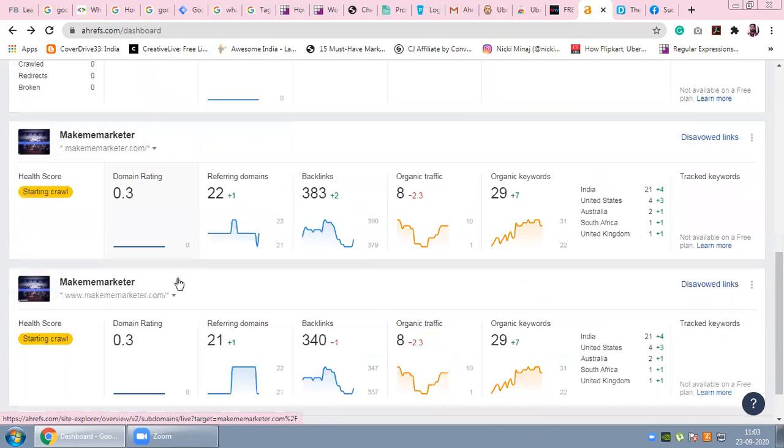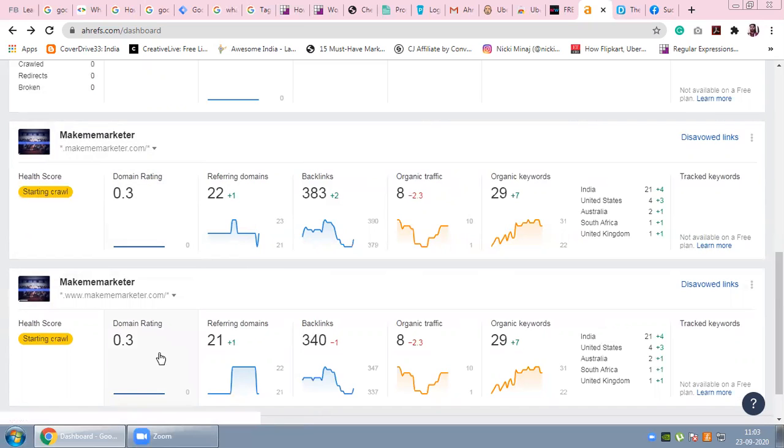This is one website, and for this website they have taken both versions of my website, that is non www and with www. This is a very important feature of SEO, on page SEO, to know and to implement in your webmaster. Now they are giving an option called start crawl. Let us see what that is.